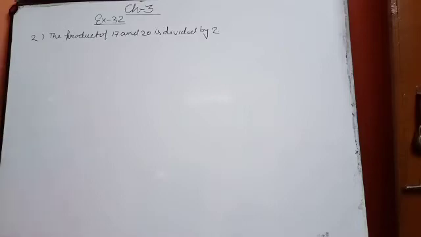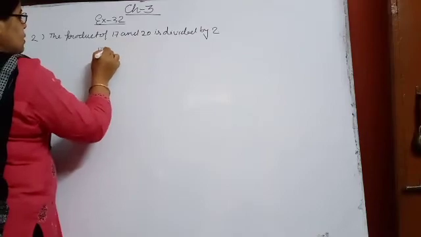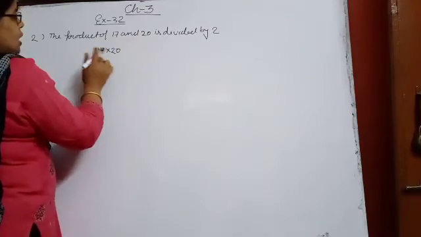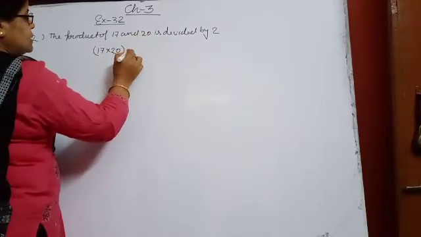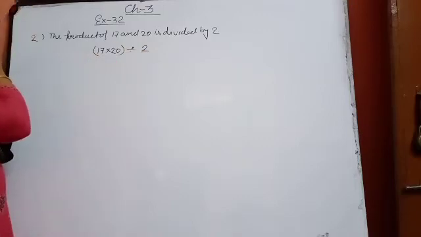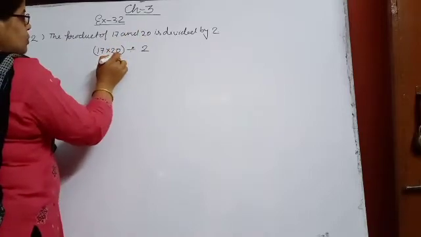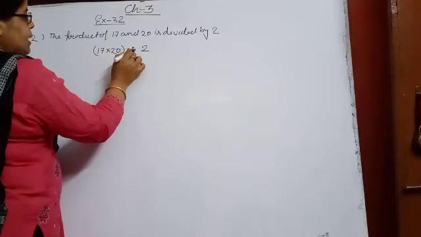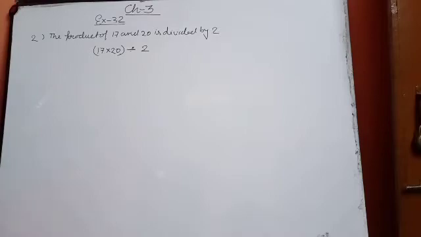First you will make the question for it by using the proper brackets. See that the product of 17 and 20. 17 and 20, product. How will you write them? In a small bracket. Is divided by 2. Divide sign. By which it will be your question. Okay. The product of 17 and 20. Whose product? 17 into 20. You have to keep them in a bracket. It will be divided by 2. Means it can be divided by 2. So in this way your question will become.